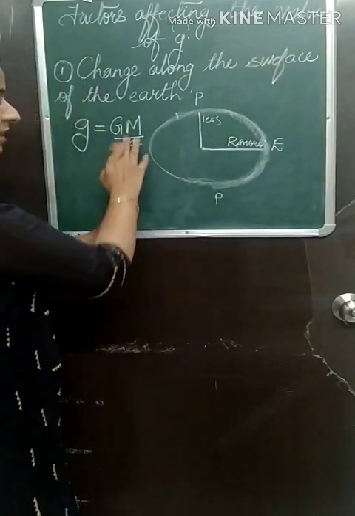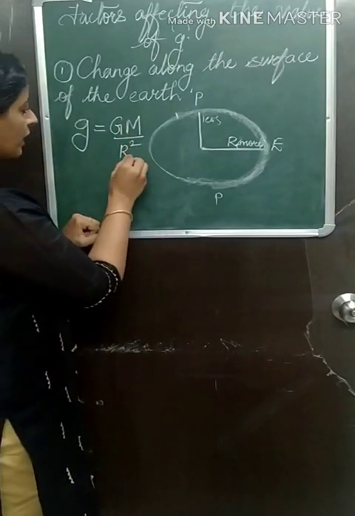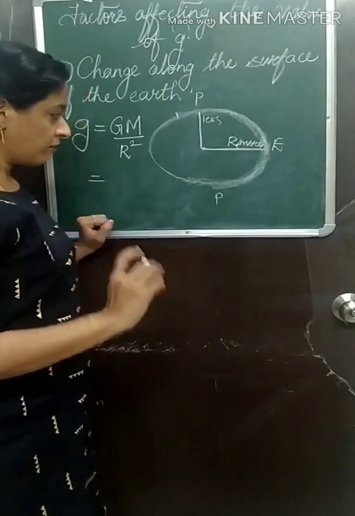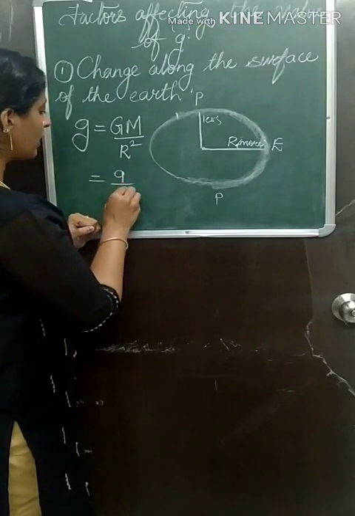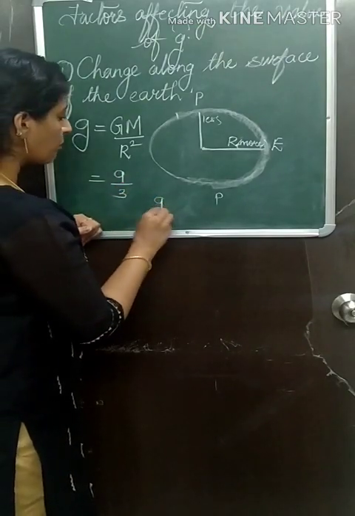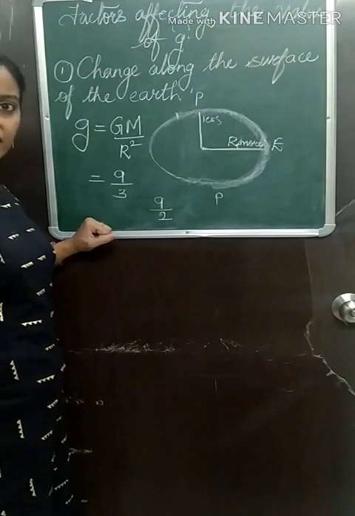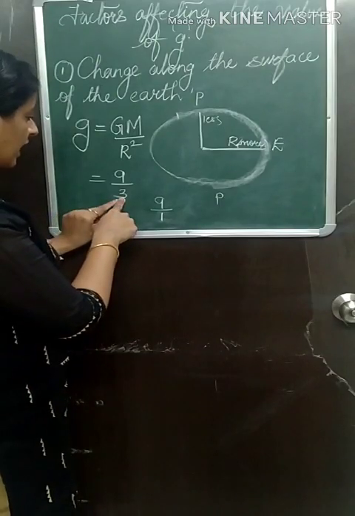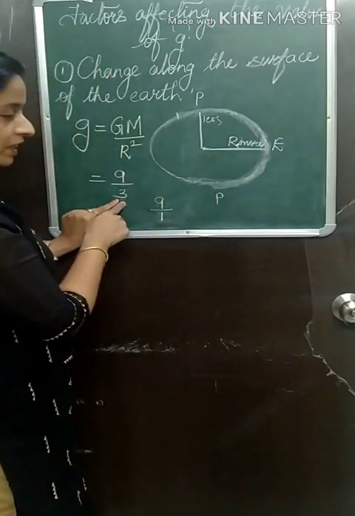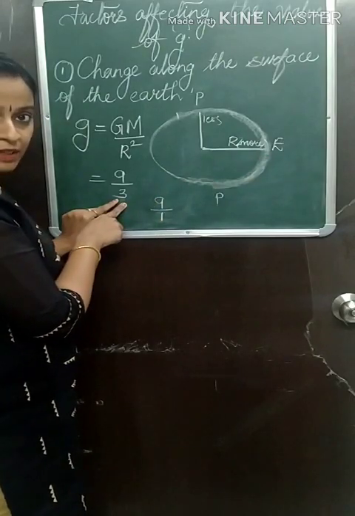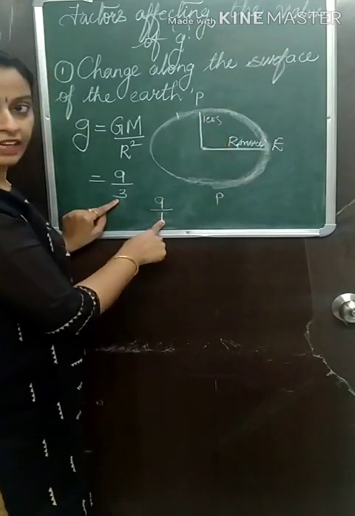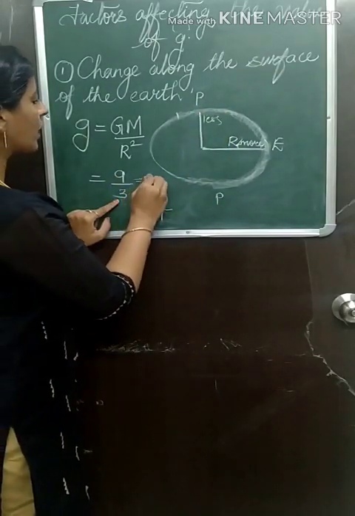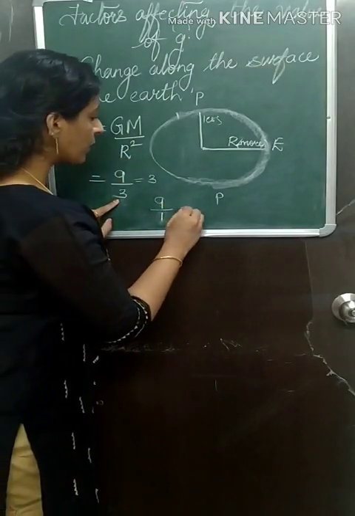Now bring your maths here. Suppose you are dividing something by a bigger number. Then what will be the final value that you get? For example, suppose I have 9 upon 3 and 9 upon 2. Or an easier number, I will take 9 upon 1. Here the radius is more, so a bigger number. At the equator we will take this number 3. At the poles we will take the number 1 because the radius is less at the poles. So if I divide 9 by 3, you get 3. If I divide 9 by 1, you get 9.